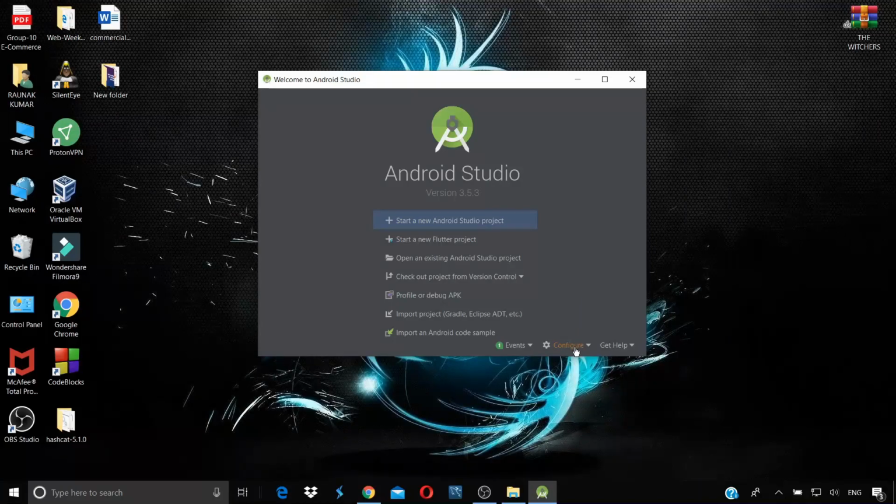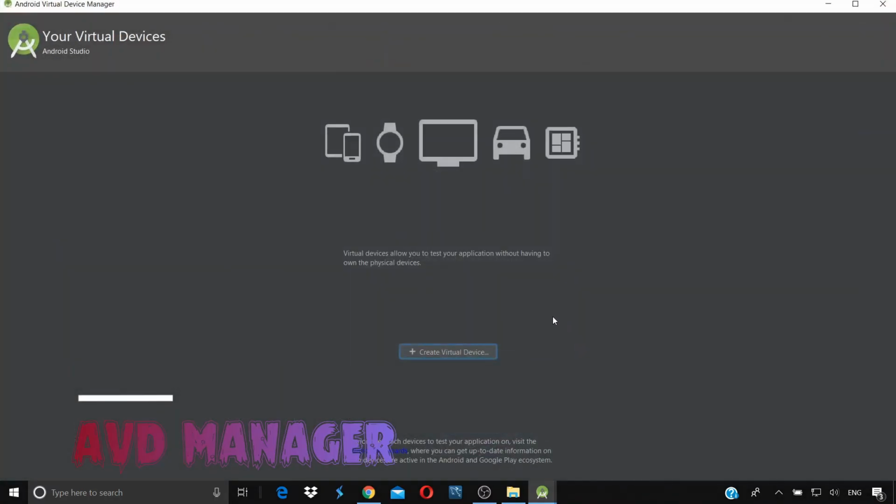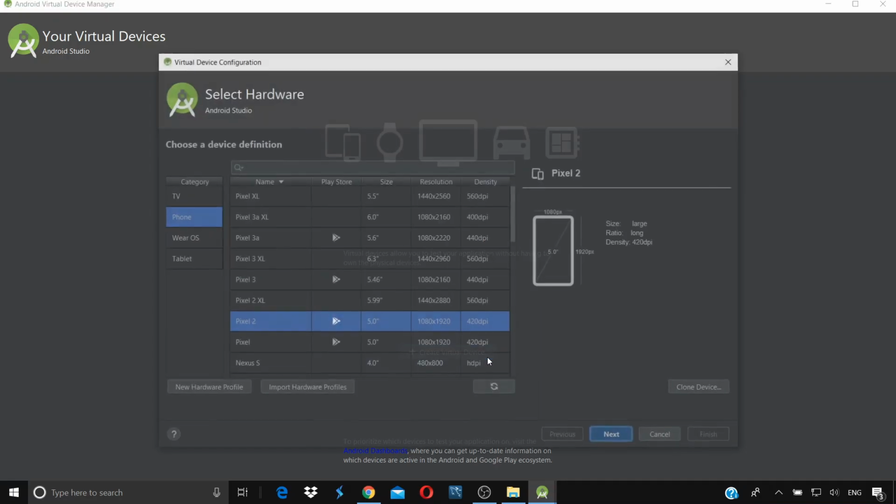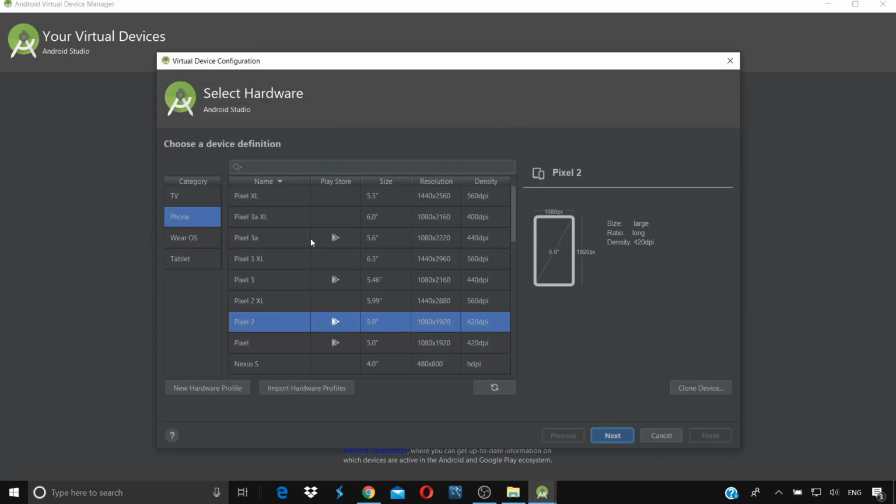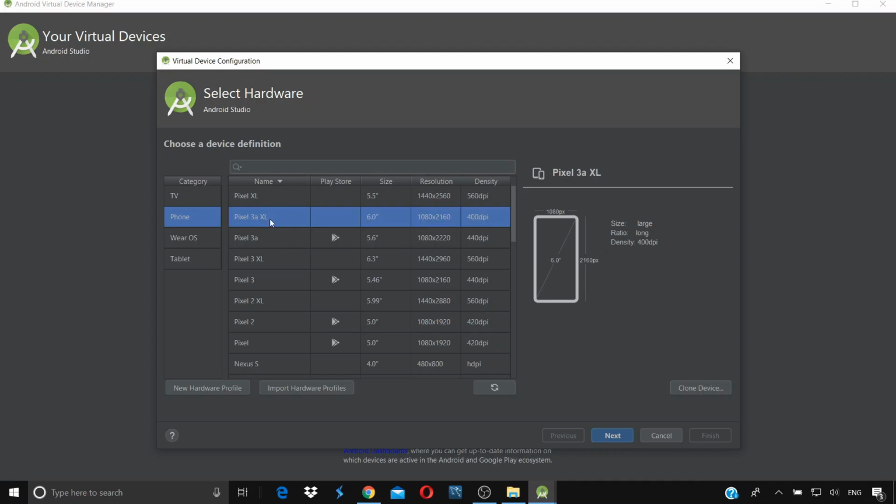For this, click on configure, go to AVD manager, click on create virtual device, and from here select any Android emulator that you wish to install. So let's say I select Pixel 3a XL. Just click on it, click on next